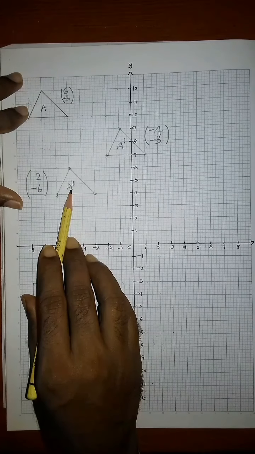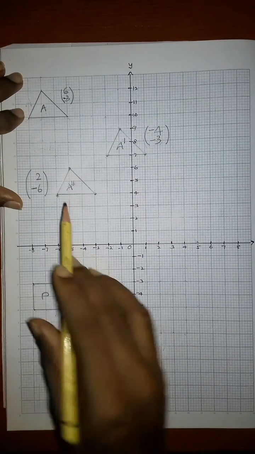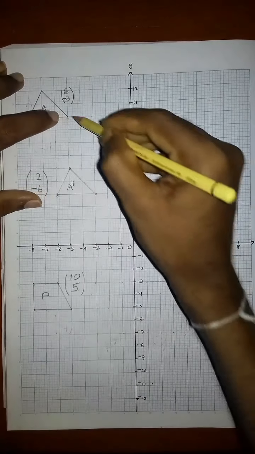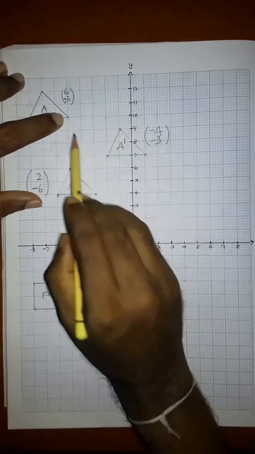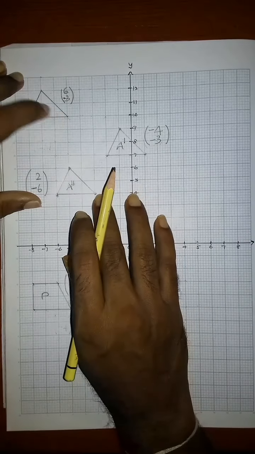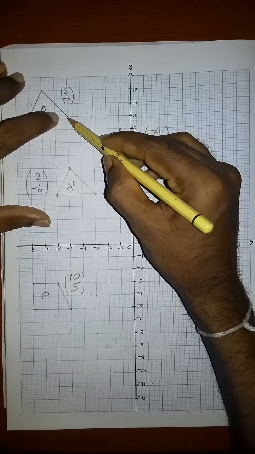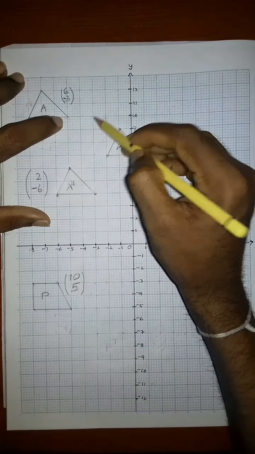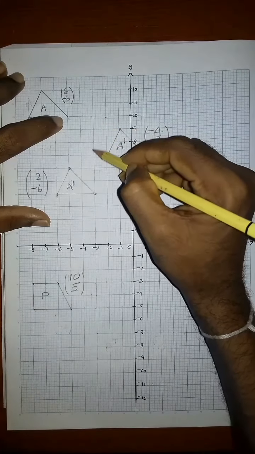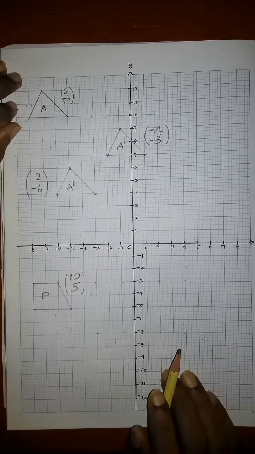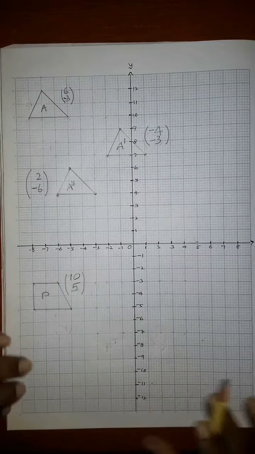Right. Now we will check whether this is correct by taking another pair of corresponding object and image points. We will take this one and this one. Then this is relatively on the right of this point. Then go rightward by 1, 2. Go downward 1, 2, 3, 4, 5, 6. Yes, correct.